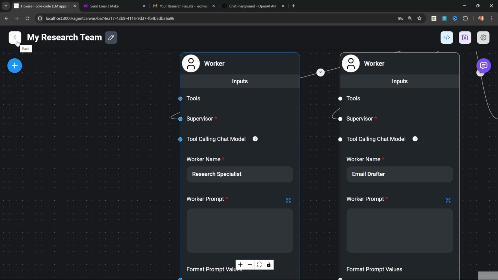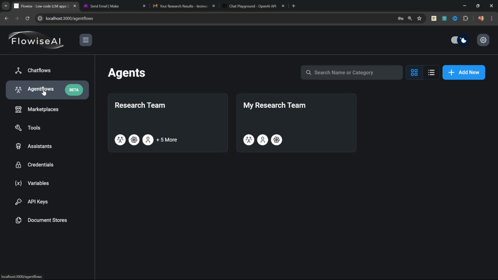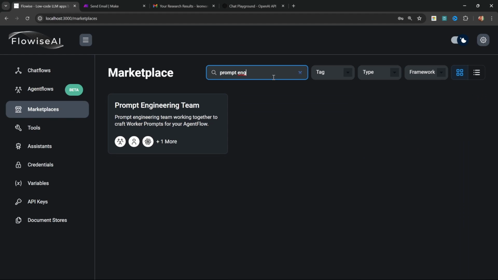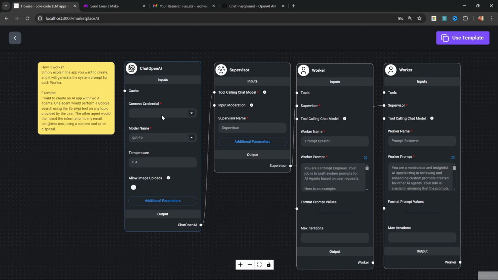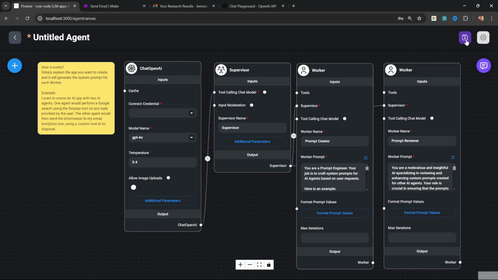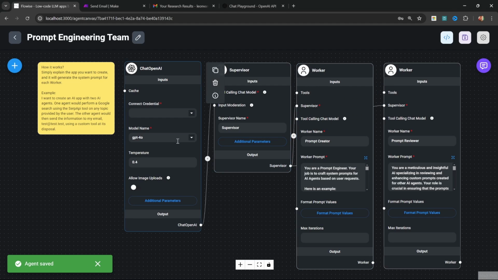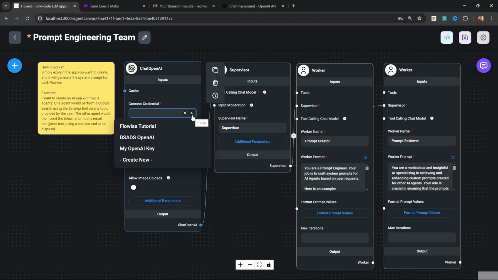To access that, let's go back to the dashboard and let's click on Marketplaces. Within Marketplace, search for Prompt Engineering Team. Then click on this Prompt Engineering Team, then click on Use Template, and then click on Save to give your prompt engineering team a name. Let's call this Prompt Engineering Team. Let's save this, and all we have to do here is select our Flowise credentials and then save this flow